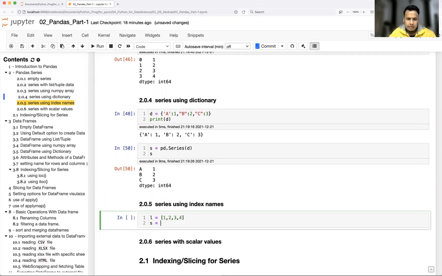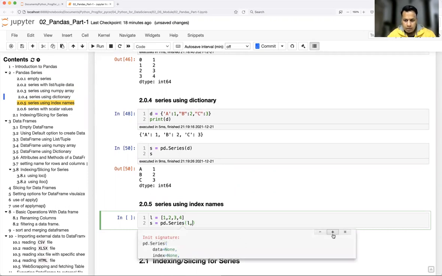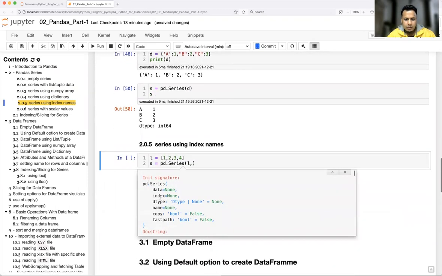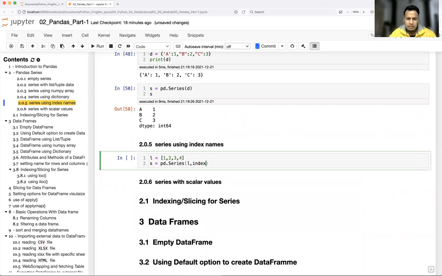I'm going to create a series using the list, but here we have a couple of parameters. Let's talk about index. Index means the user wants to pass the index names, and the user is supposed to pass exactly the same number of names as the length of the list. So let's say I want to pass A, B, C, and D, because 4 elements are there.